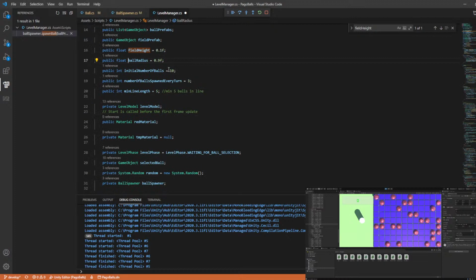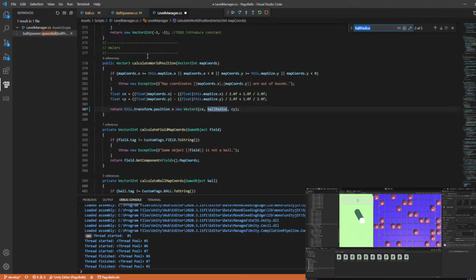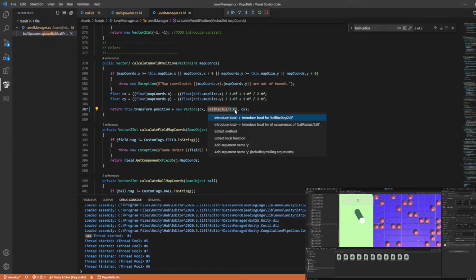Ball radius, which is 0.9. Okay, so I should add ball radius divided by 2.0f, and I'm going to introduce a variable here,